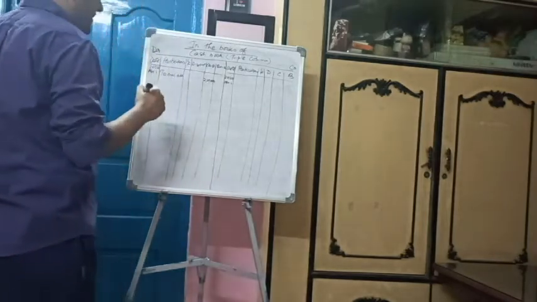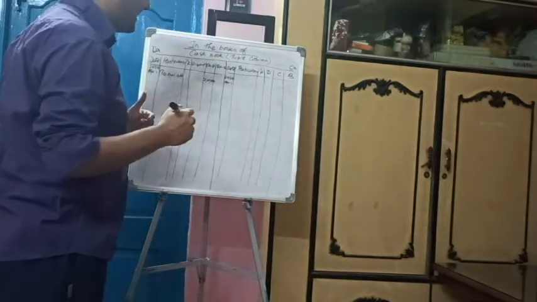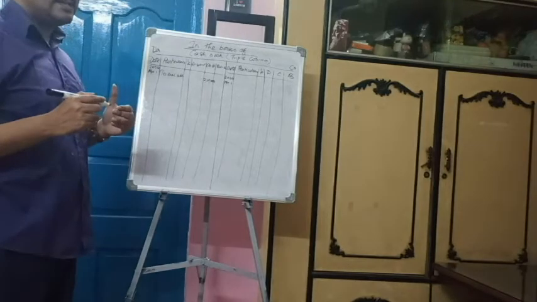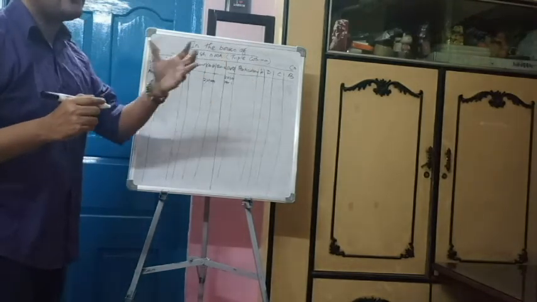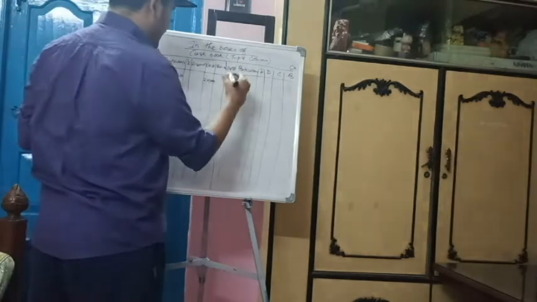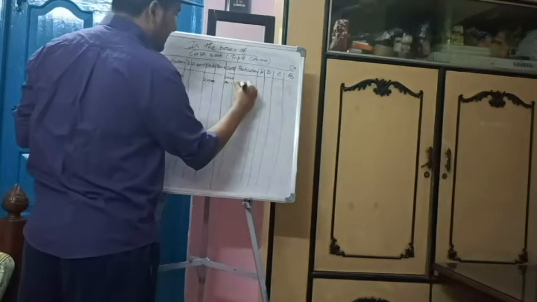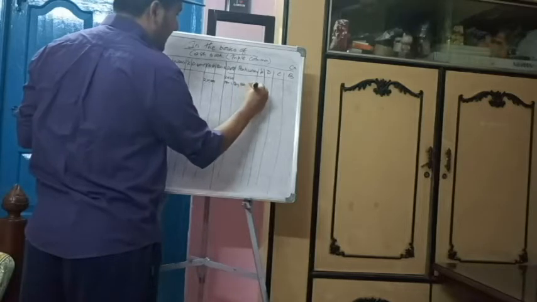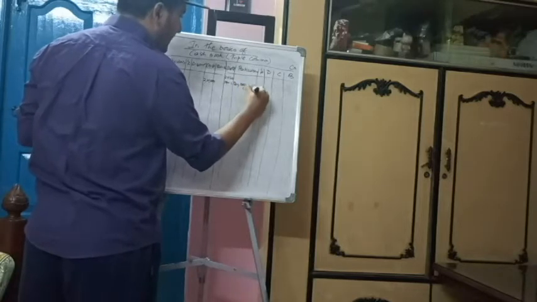Next is cash at bank, but remember overdraft. Overdraft means it is in excess. Excess of what? Excess of the balance. That means whatever minimum balance we have, over that we have to pay. That means we have taken an overdraft. So it will come on the credit side. So that is by balance BD under bank. It is an overdraft for the value of rupees 60,000.